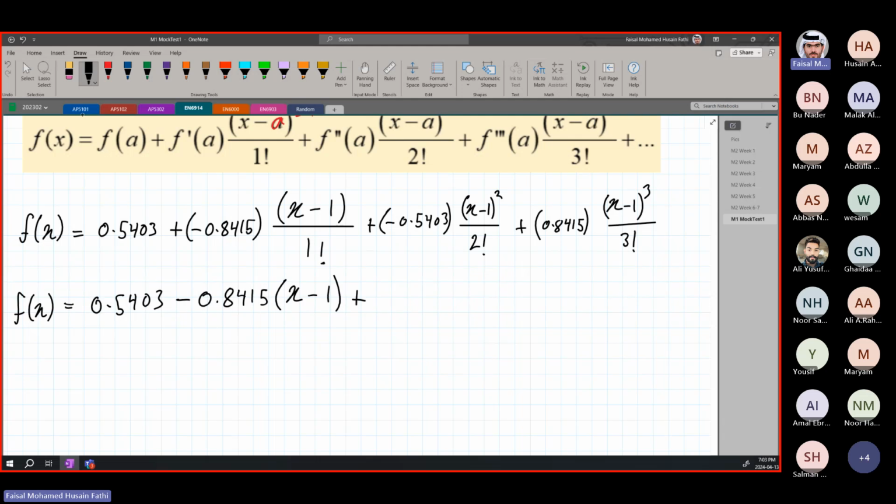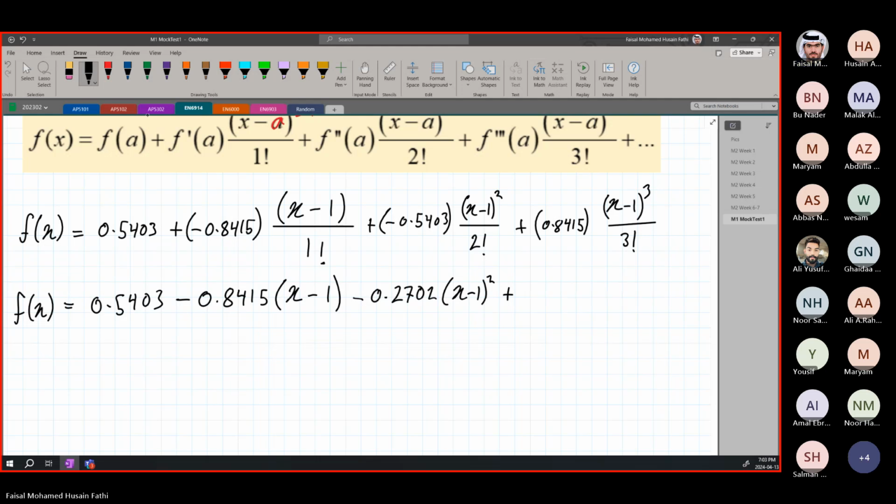Plus minus 0.5403 divided by 2 factorial. It is going to be plus and minus, it will become minus 0.2702, okay, times x minus 1 squared plus